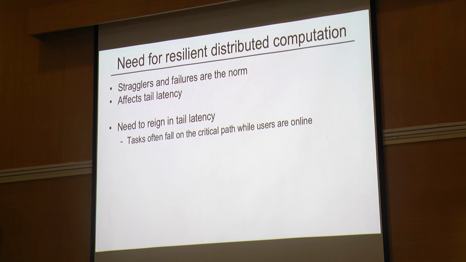Another important reason to rein in the tail latency is that for many of the computation tasks, end users will be in the critical path. For example, nowadays machine learning computations fall into the critical path. Almost every task that we do hits some machine learning task. Right? So these are all done in an online fashion, unlike some of the batch computations in other